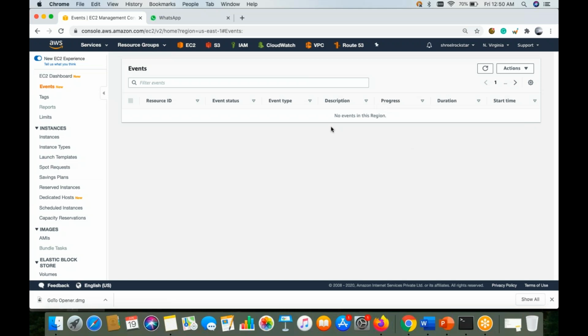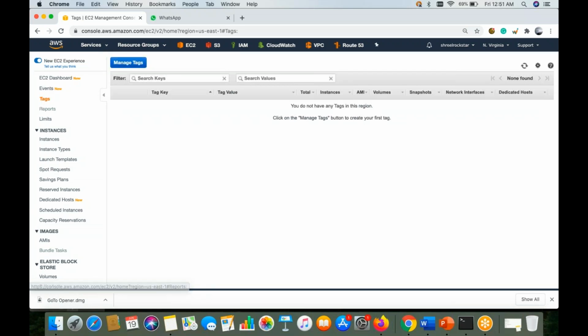This time I don't have any notification, but keep the event notifications always going to the root account email also, so that they can notify you in case it is not available. Some companies disable the root account and don't share it with anyone. In that case, as an administrator or manager of AWS servers for a company, we always prefer this events window. It gives you a very nice picture of what exactly is going on with our account, and if any server requires maintenance, we'll just go through the process from here.